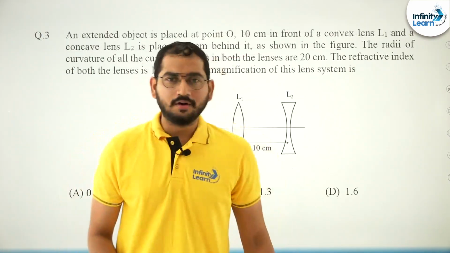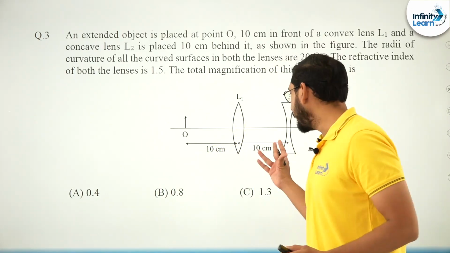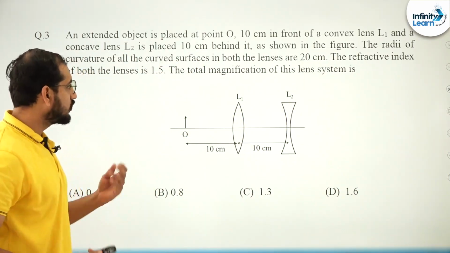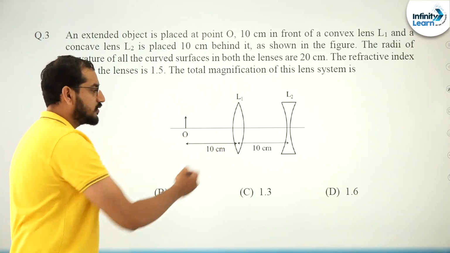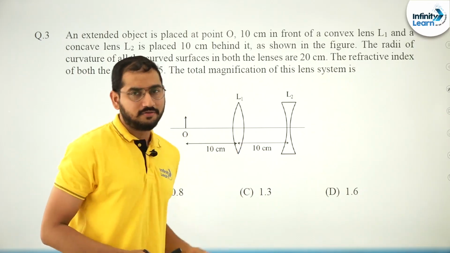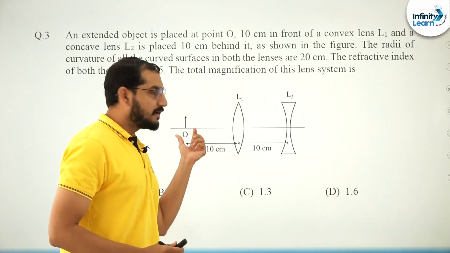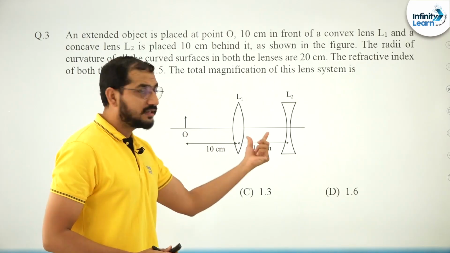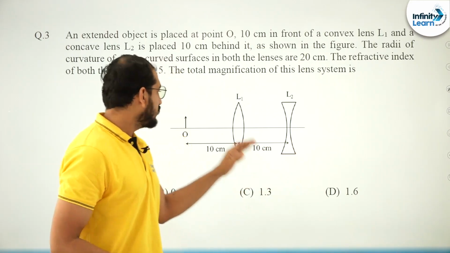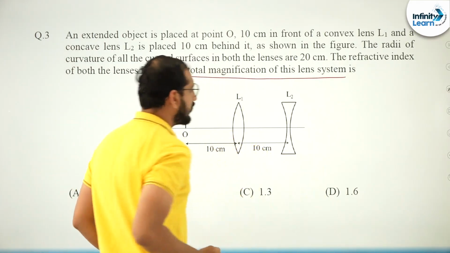Okay friends, now we are going to discuss our next question, which is based on ray optics. As you can see in the drawing, two lenses are placed next to each other. The question says that there is an object here which is at a distance of 10 centimeter, and another lens is kept here which is also at a distance of 10 centimeter. A basic concept is that this lens is going to form an image of this object, that will be my image number 1, and that image will again act like an object for this lens. So 2 times magnification is going to happen. The question is asking what will be the total magnification of the lens.